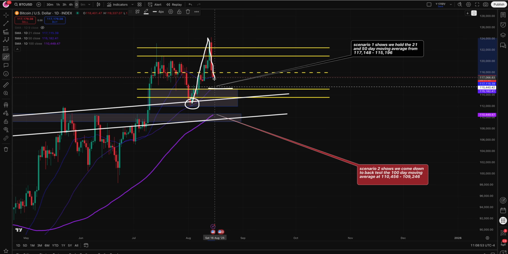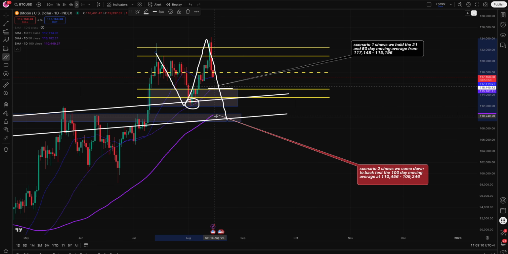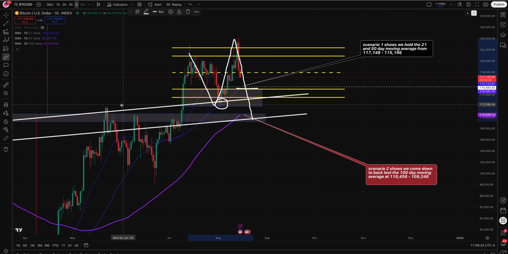But now we're seeing a move back into the range. So there is a big possibility that this over here could be a B wave, and then we have a C wave to fully tap into what I was trying to show you guys on August 3rd. So this region right here, we could be tapping into it. Okay, so if we end up losing 115,196, which is the 50-day moving average, then it's likely we'll come back down to tap into the 100-day moving average, the FVG that was created on July 9th, along with turning previous supply or previous resistance, which was the May and the June highs, into support.